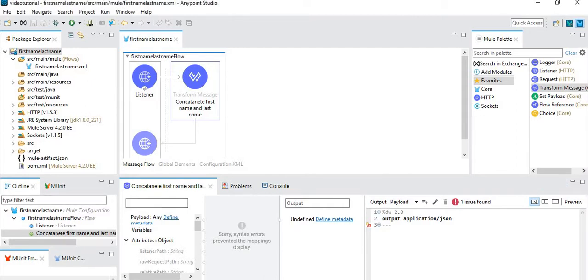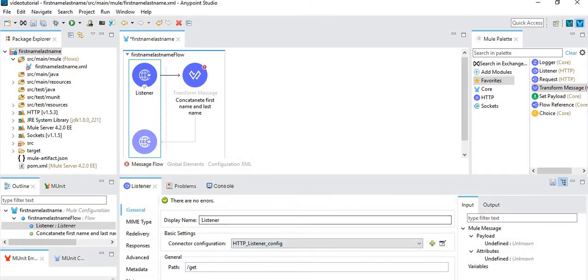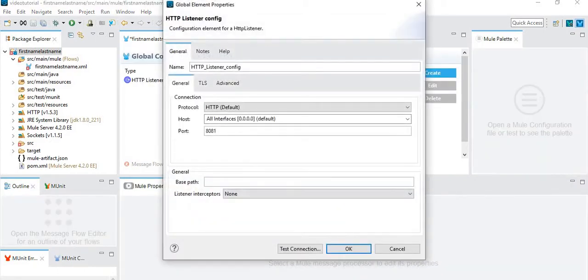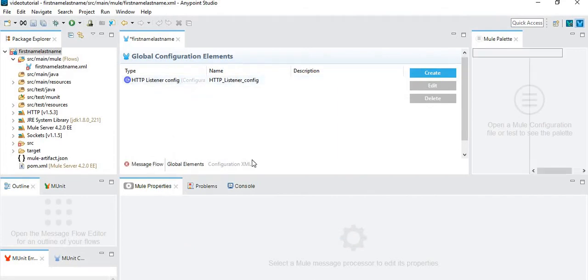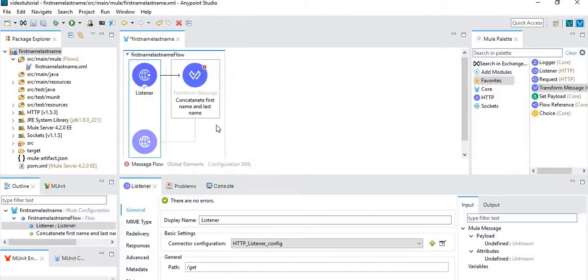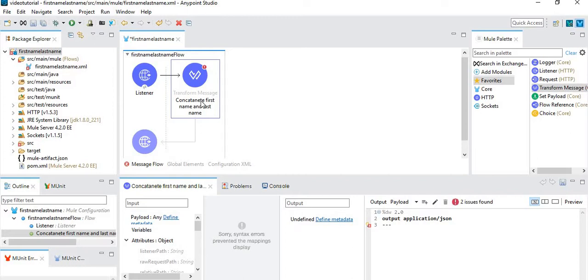So here I have taken a listener having a GET method, and the configuration, if you want to check, is port 8081 or like that. And I have taken a Transform Message. In that we will do